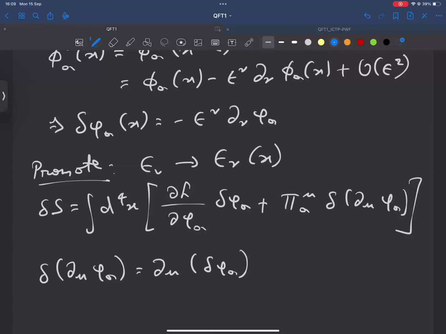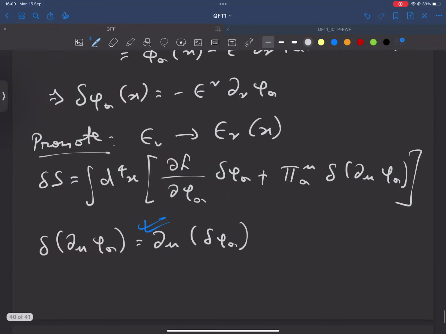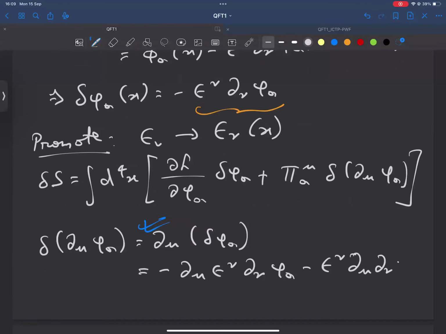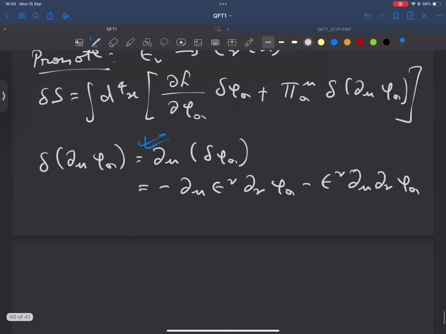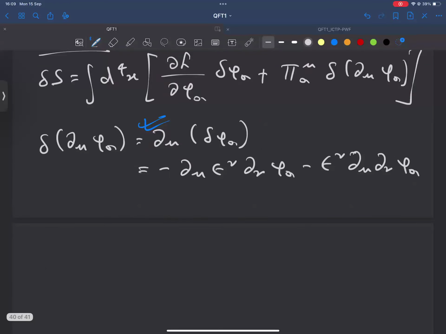So we already argued this step. We said that we can exchange variations and space-time derivatives. But now, because delta phi_a is this thing, this del_mu will act on both things, and what you will get is minus del_mu epsilon^nu del_nu phi_a minus epsilon^nu del_mu del_nu phi_a. Okay, so if you take this and put this here,